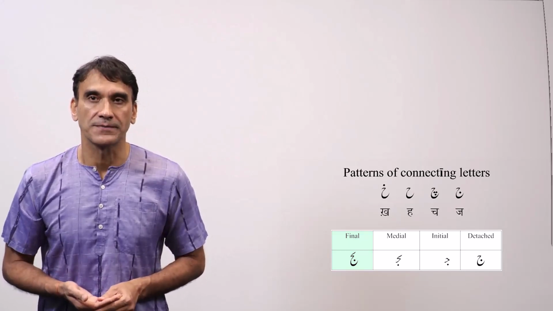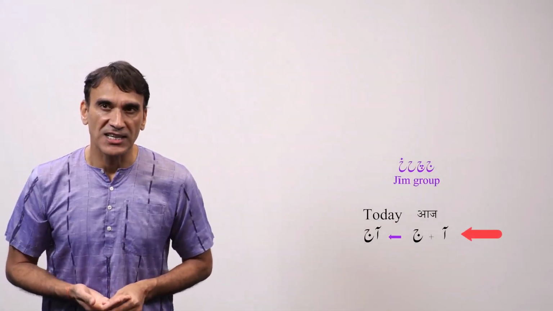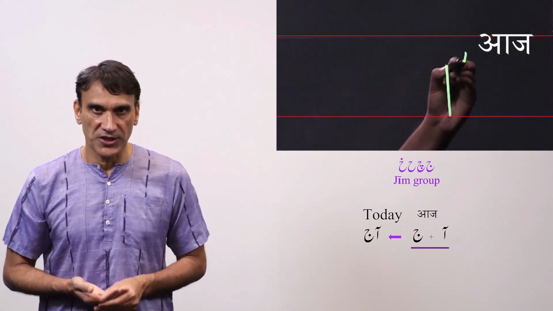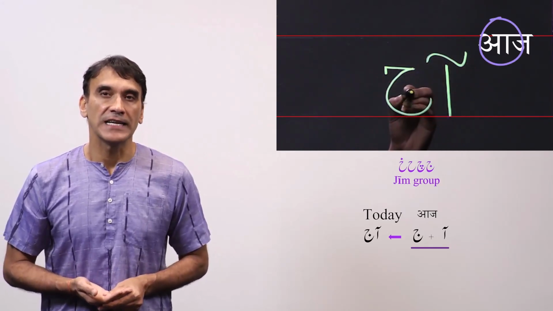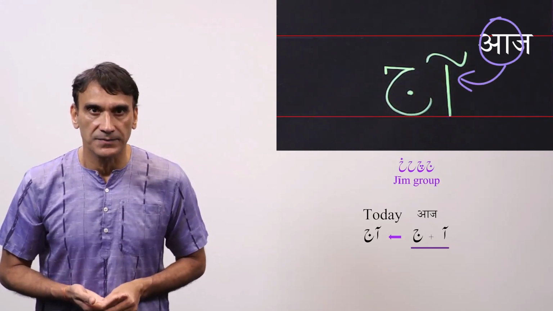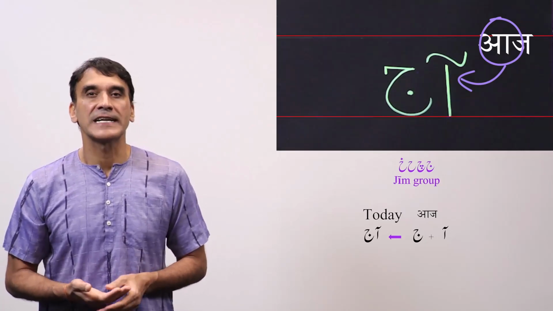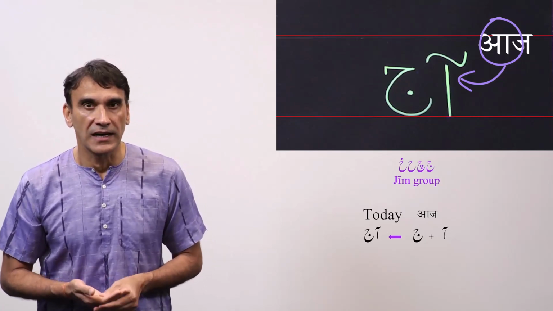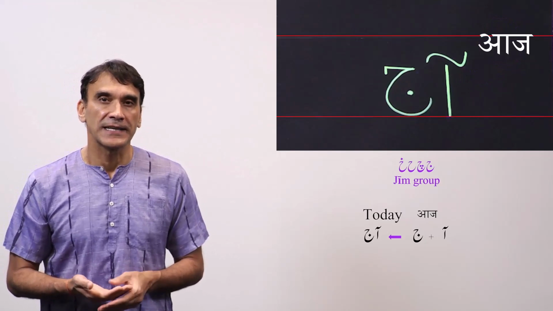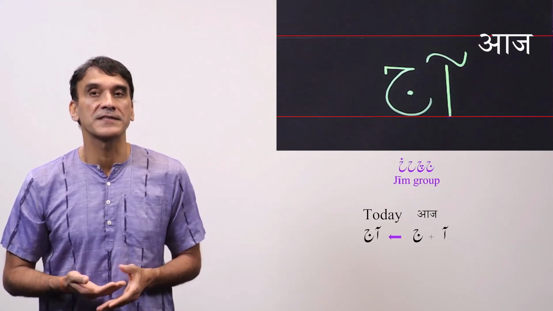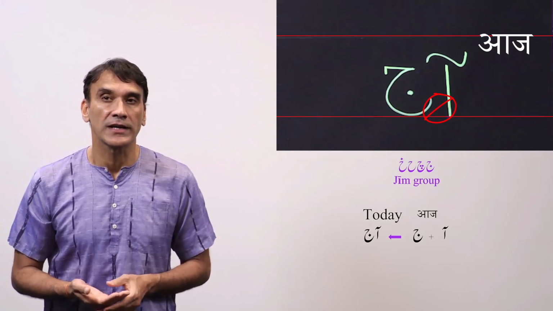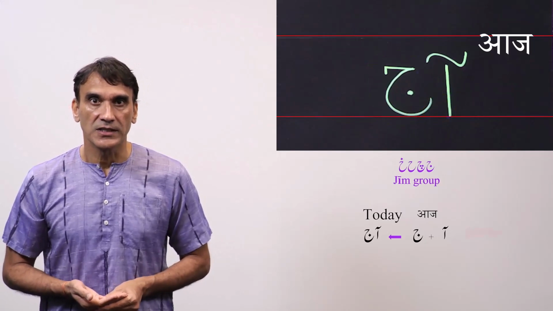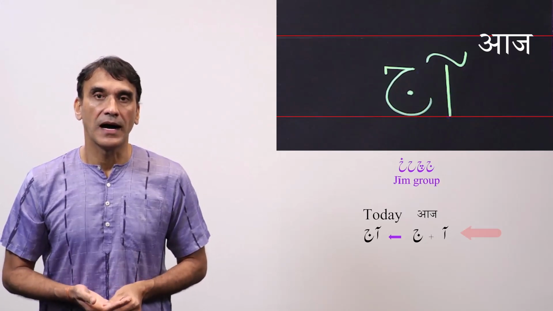Let's now take some words. The first word is Aaj, meaning today. Here Jim is detached. The spelling here is Alif Mad A plus Jim. The words that start with Hindi A are written in Urdu with Alif Mad A. It is just Alif with a tilde type diacritic on top. Alif Mad A comes only in a word that starts with A. We will take it in detail in a later video, but just remember here it behaves like Alif. That means it is a non-connector letter. After Alif Mad A, Jim will be written as a detached letter. So Alif Mad A plus Jim, Aaj.